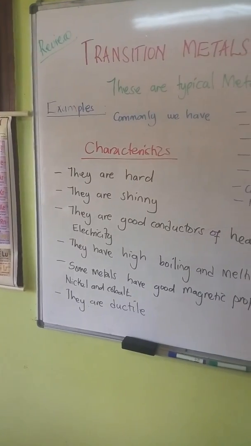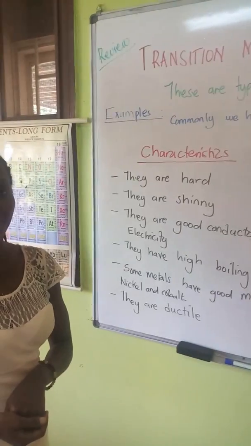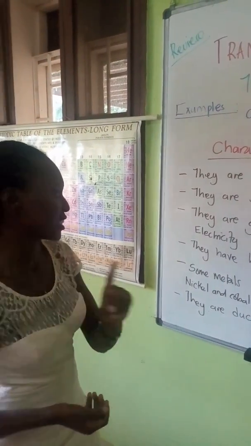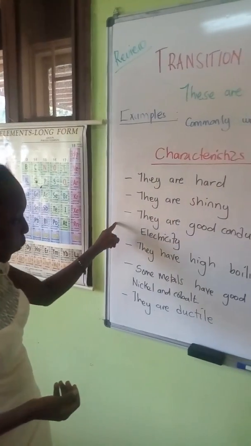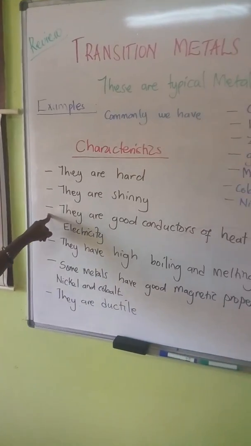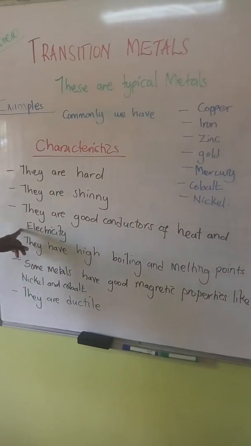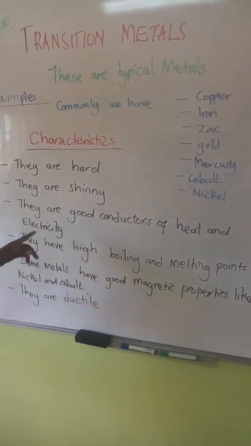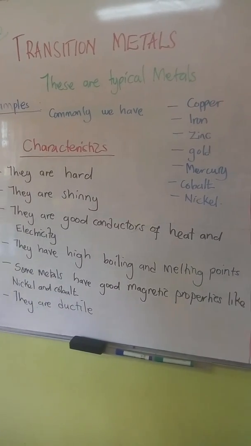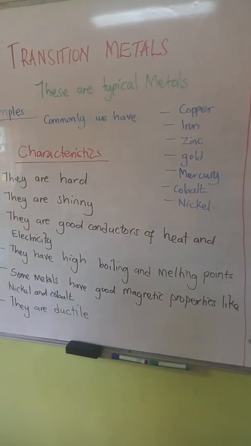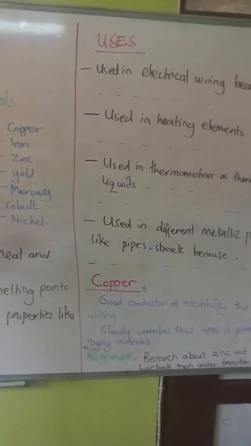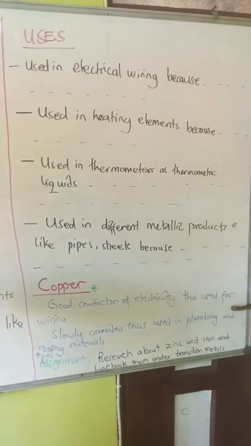What could it be? I believe some of you have already got it. And just like what you've got, it's what I have. Yeah, they are good conductors of electricity. We see on property number 3 that they are good conductors of heat and electricity. And since they are good conductors of electricity, we can easily use them for electrical wiring. So then we come to the second use. And the second use, we say they are used in heating elements because